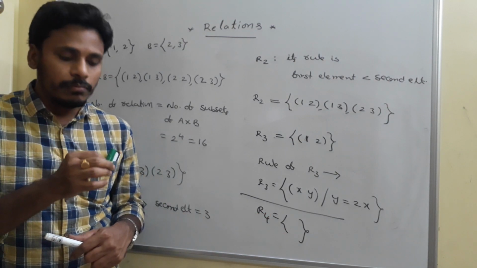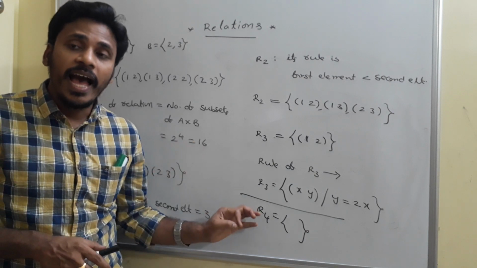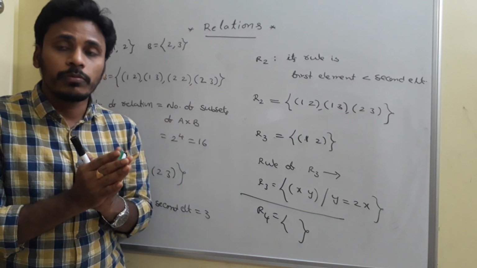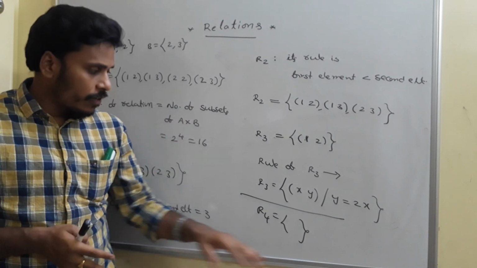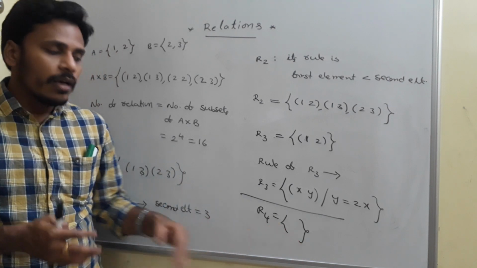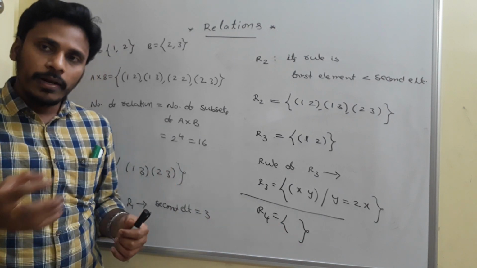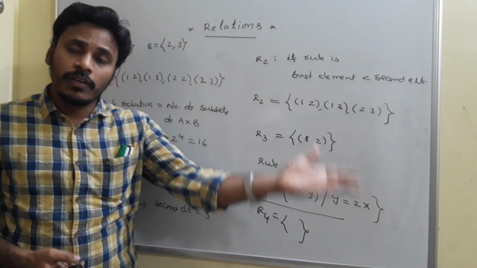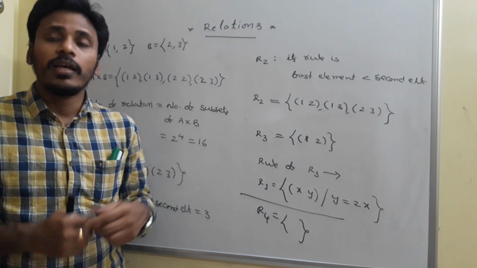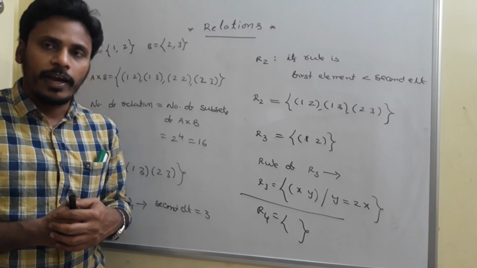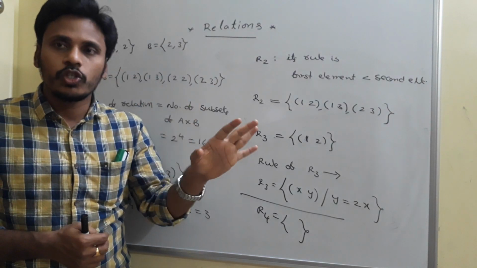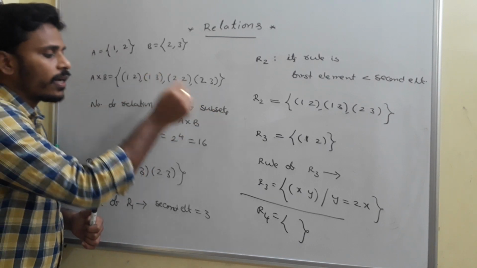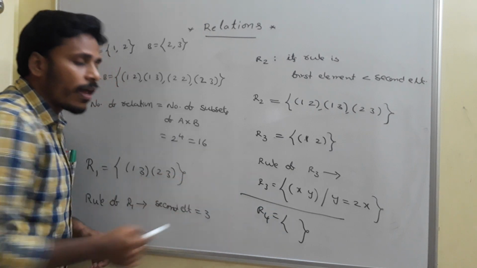What I am concluding is, a relation has many rules. If you observe from different angles, some relations may give us many rules. Suppose the same R4, the empty relation. Just give rules for that R4. One person will say the second element is 7. Another will say the first element is 7. Another will say the sum of the two elements is 2020. There are many possible ways to define it, but none of these definitions gives any element, because no element satisfies them. So we don't get any element in this R4.